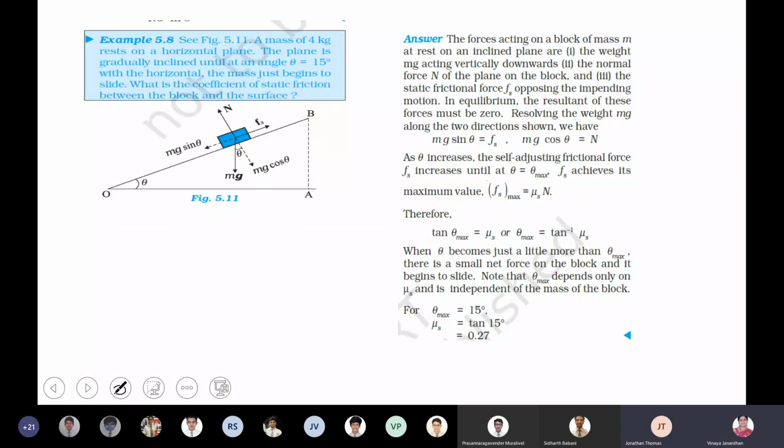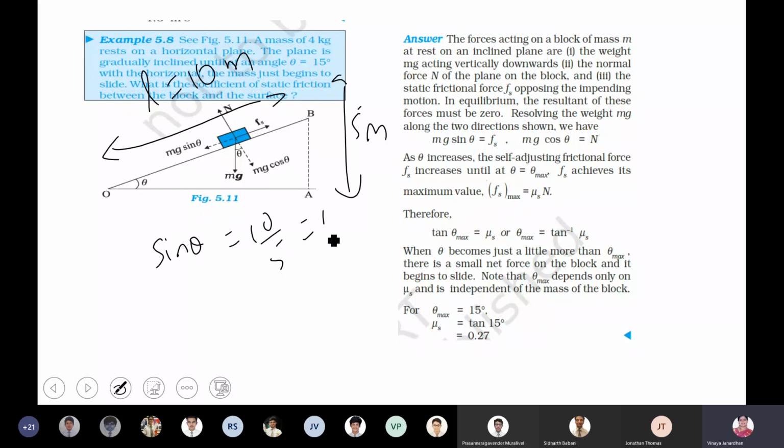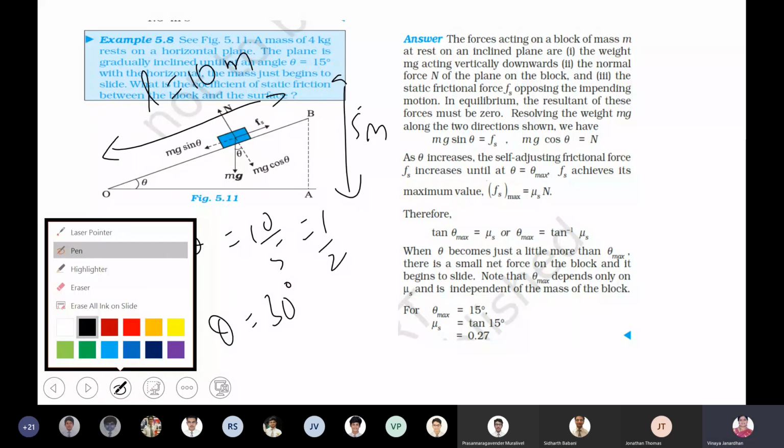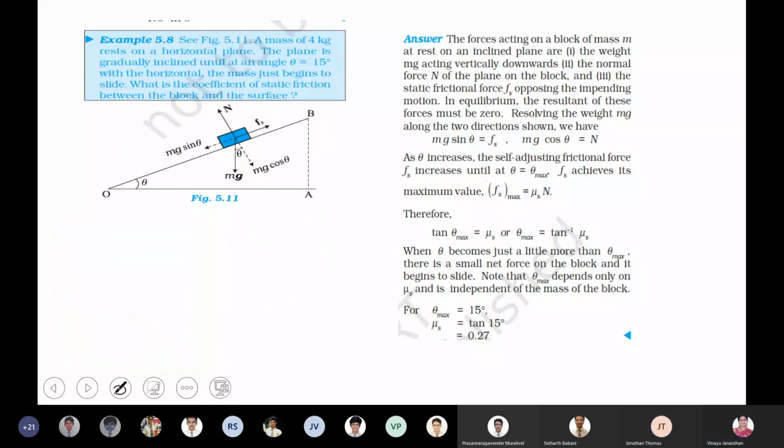Ma'am, so in that case, we'll take theta as 15 degrees itself for that. No, suppose, that's what I told you, because L is equal to 10 meter, h is 5 meter, then sine theta becomes equal to 5 by 10, that is half, so theta becomes equal to 30 degrees. Fine. Ma'am, so we have to take the inclination with the horizontal. Yeah, so you have to think over. They will not directly give theta as 30 degrees, yes?